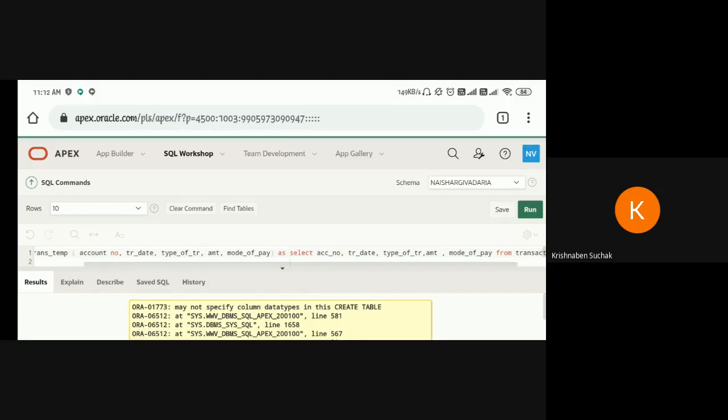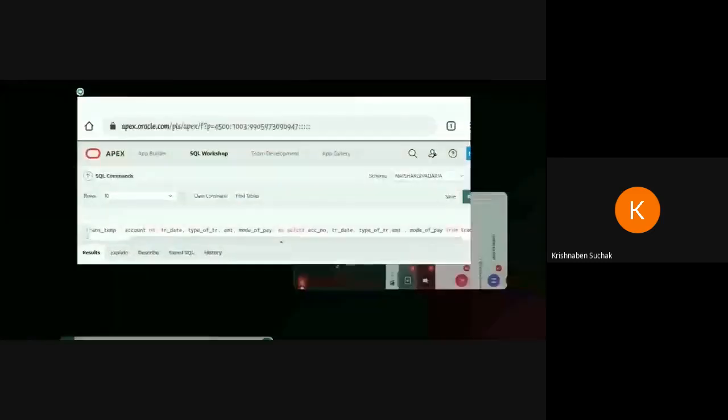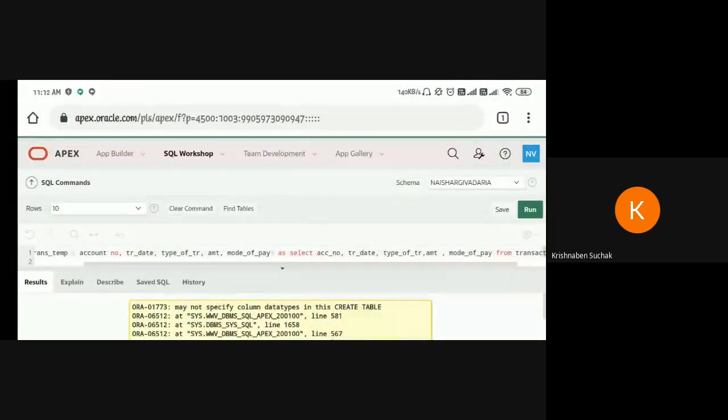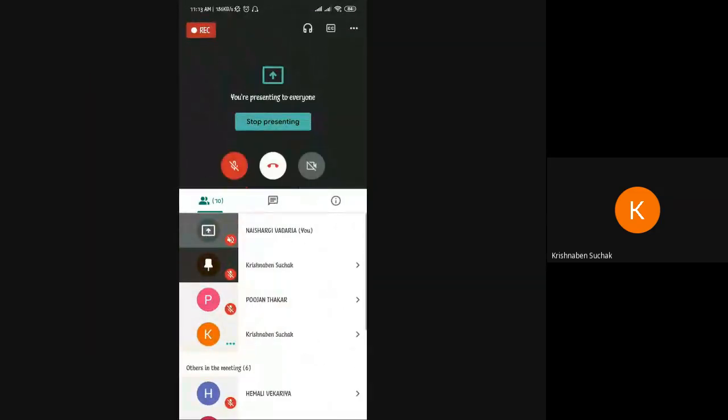Okay, Naishargi, don't keep space between the bracket and your table name. Account number does not have a space. Account underscore number. Write that way. Hemali, send me a screenshot. What have you done?